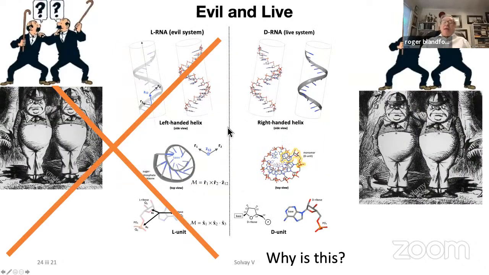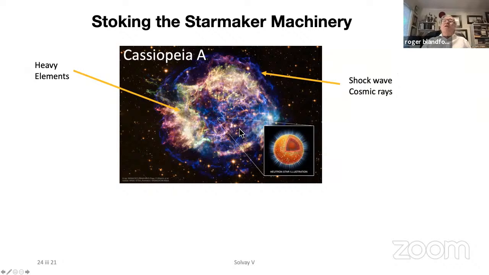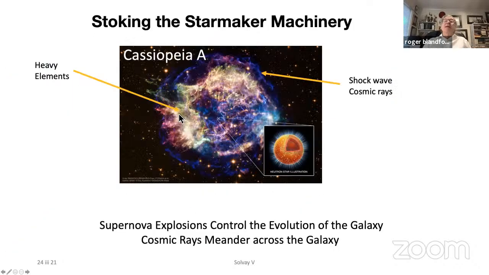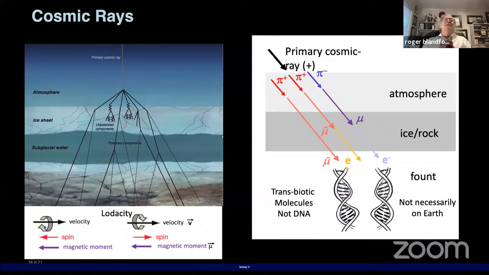And there's the neutron star left at the center, but it's these cosmic rays which then meander towards us across the galaxy, and they're the ones that irradiate the solar system and the Earth's atmosphere and so on, and have an impact, we suspect, on biology. So let's say a little bit about these cosmic rays.